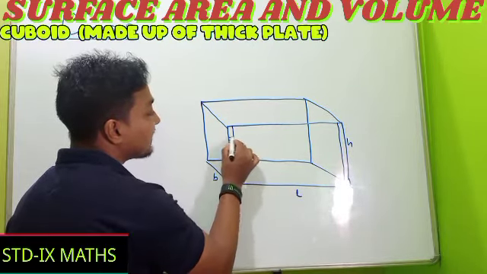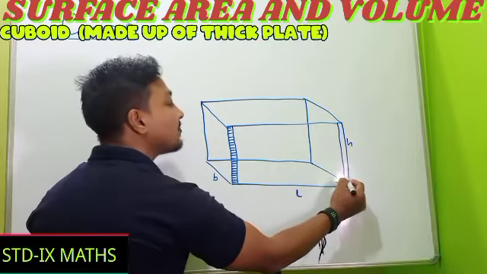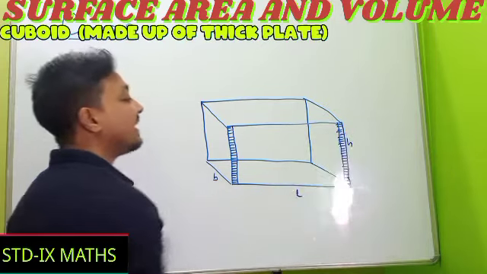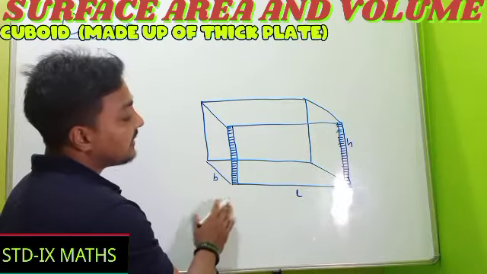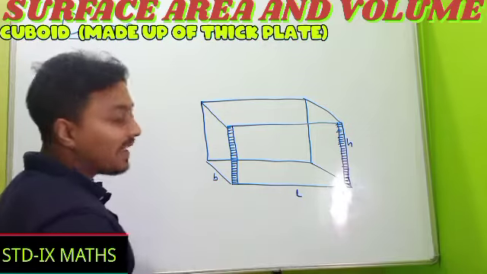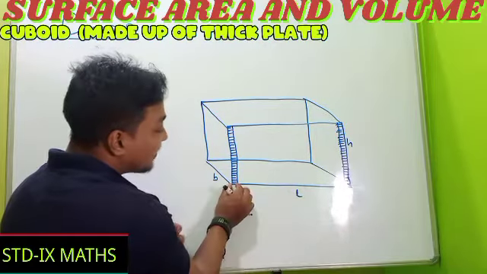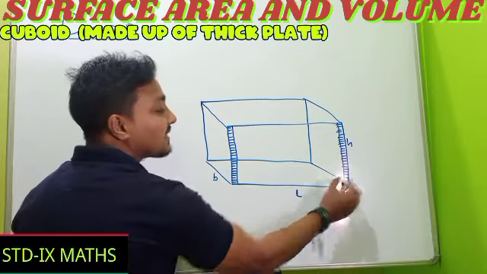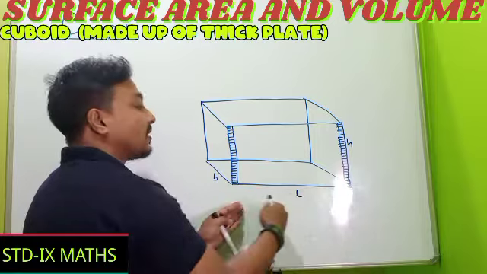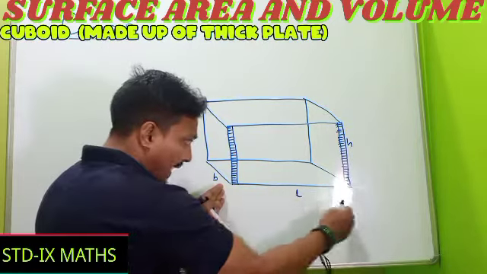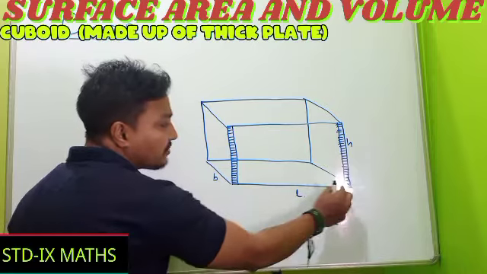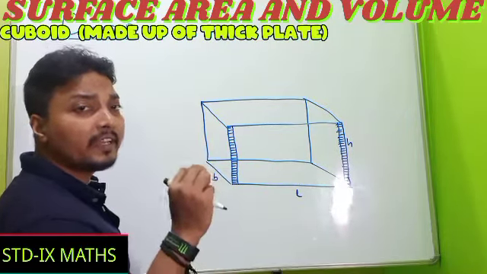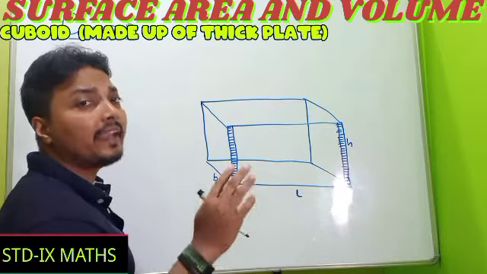Suppose the thickness is x. See carefully, the total outer length is our L. But whenever it has some thickness, it means this much x. Suppose the thickness is x and this one is x. So how much is deducted from the total length? From the total length, here x is reduced and here is another x. It means a total of 2x is to be reduced whenever I need to find the inner length.